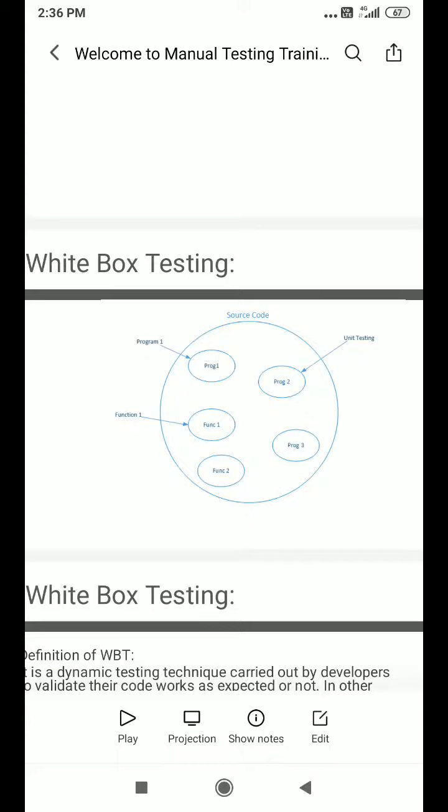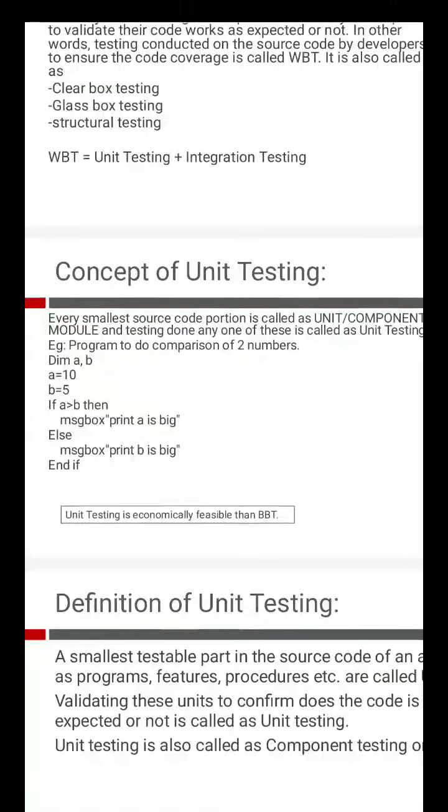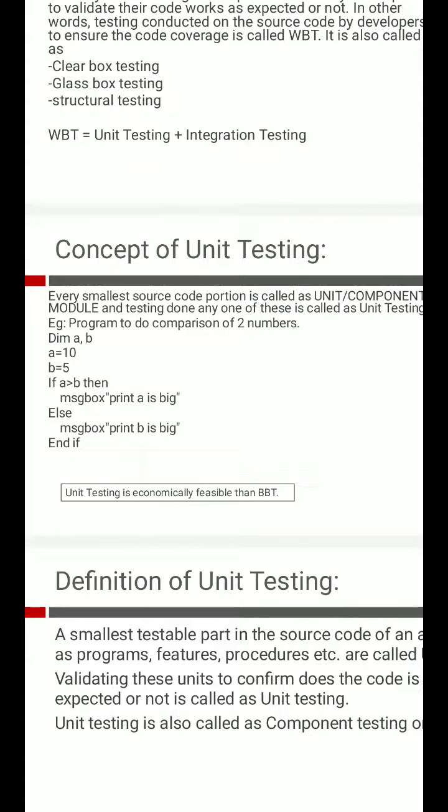So how do they do white box testing? I will show you one example here. This is a small program which is written in VB scripting. It is a very small unit, a simple program which does a comparison of two numbers A and B. Suppose this needs to be tested. This is the source code which is written by a programmer and it needs to be tested further. When the testing of this program is done by the programmers, it will be called